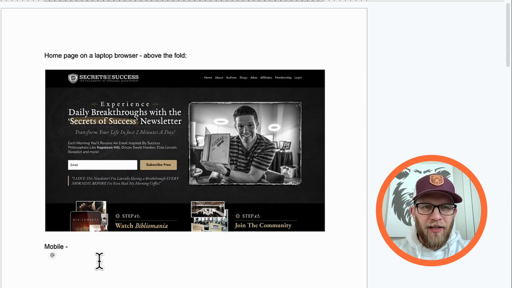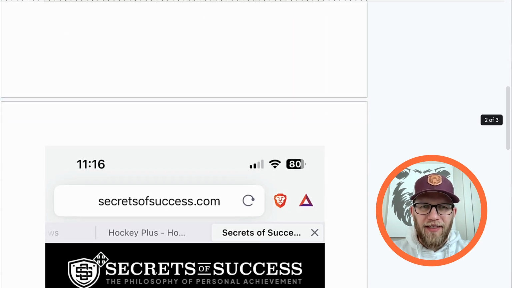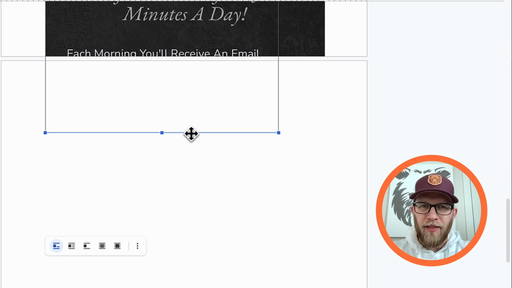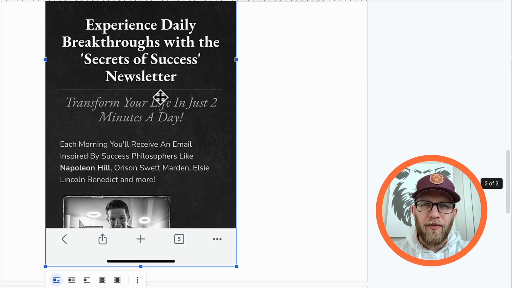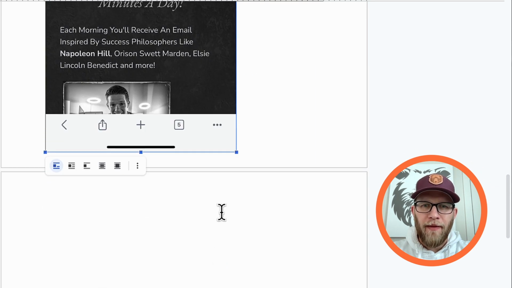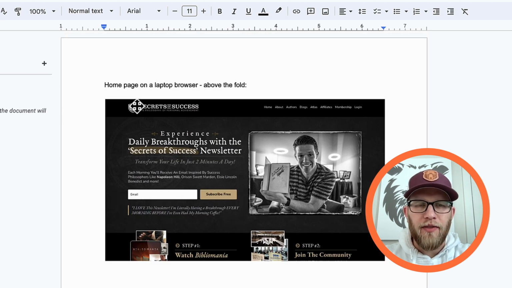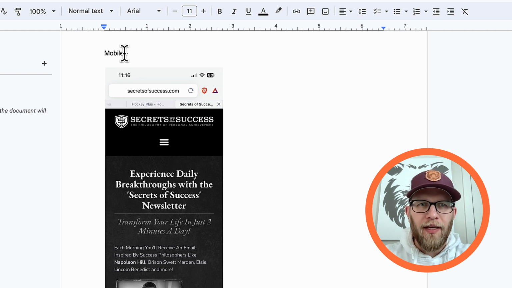So let me add this to this document. Let me refresh. There we go. Okay, here we go. It went into the next page because it does look really big because iPhone captures a big image. But let's make this smaller so it fits all on one page. I will add a break to this. So we have the first page, which is the home page. Second page will be the mobile home page